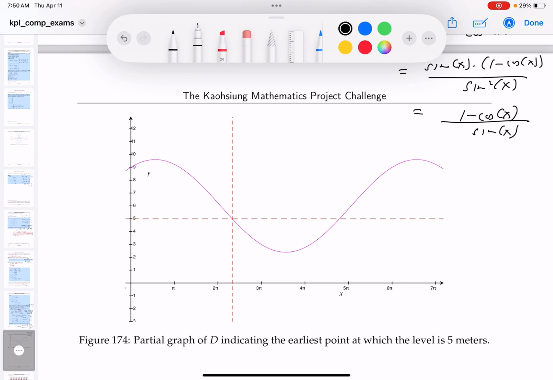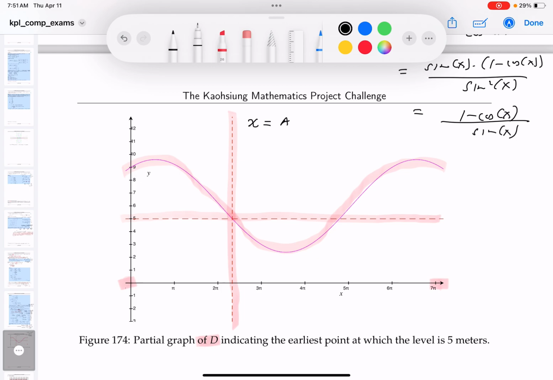And when I graphed it out, I'm basically graphing out D, relatively simple. This is D, by the way. All right? I'm graphing it between 0 and 7 pi. And then what I did is I graphed out a line, y equals 5. And then I graphed out another line, x equals. And you may say, what was the x, by the way? I hope you remember, the x in the problem